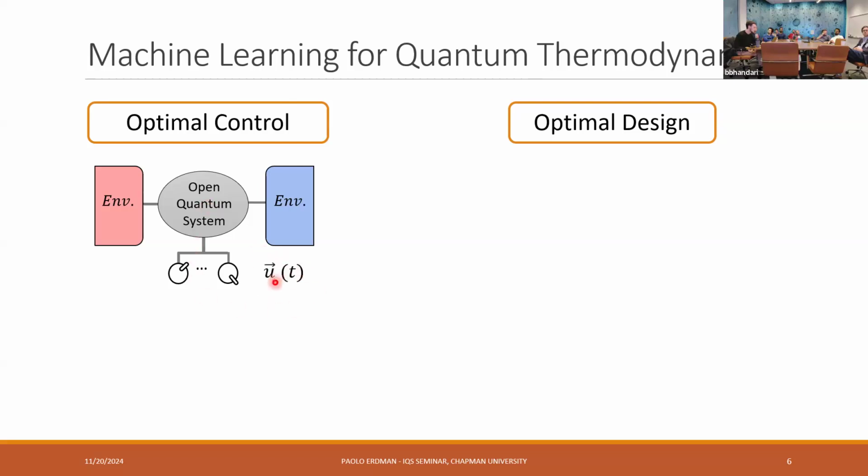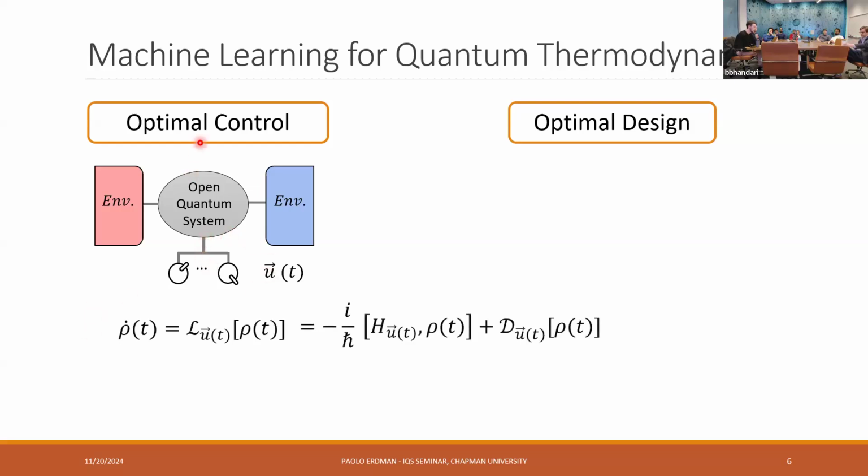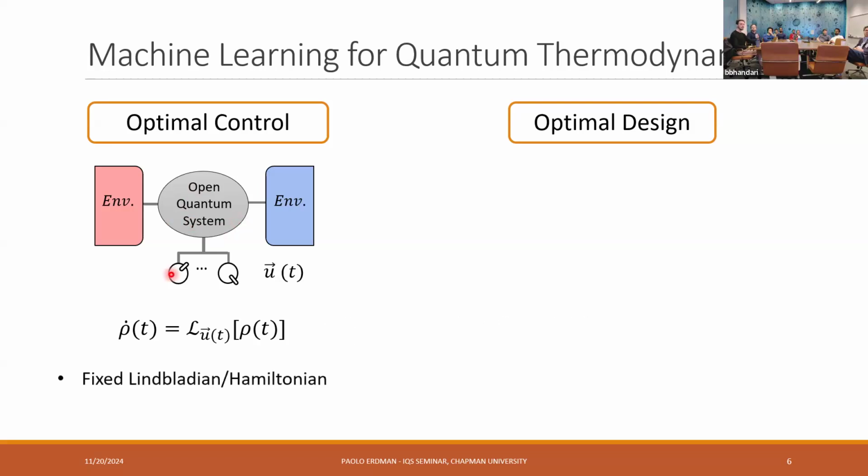And importantly, we have a set of time-dependent controls on our system. So if the system here in the center was a qubit, we could maybe tune its level spacing. We could choose, for example, the gate voltage or some magnetic field or some control that we have over the quantum system. And we assume that the dynamics of the system is given. So for example, this is the Lindblad equation, which would represent the evolution of the state of the open quantum system in the presence of the environment. And we assume that this is given.